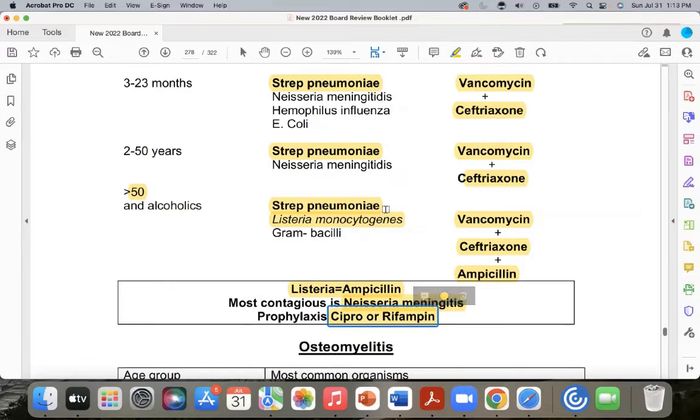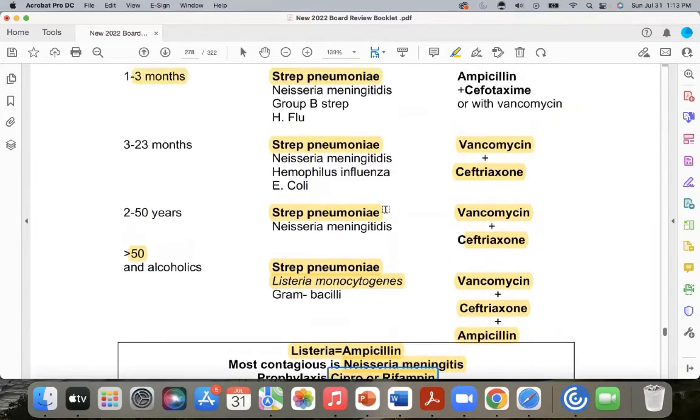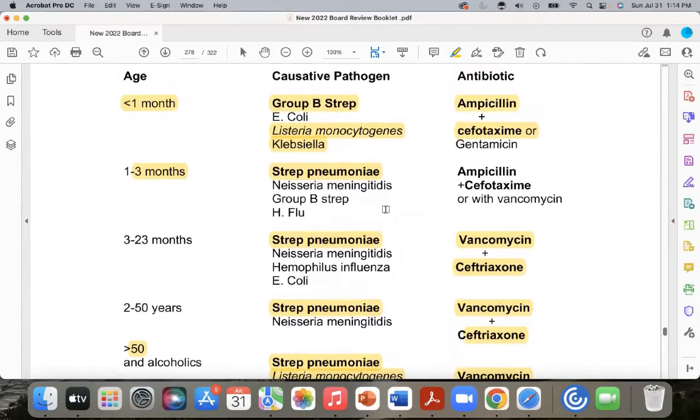So as a recap, just as a recap, got it? Recap. Most common cause, meningitis. What is it? Group B strep. Who's in the back seat? Listeria. What am I going to give for the group B strep? Sulfoxetine. That's a good drug, sure. But what are you going to give for Listeria? I'm giving AMP. After 3 months of age, like I said, this is getting deep in the weeds, so I can't see them going here because it's just too controversial. When you get here into 1 to 3 months, it's just too controversial. It really is. We can have this academic argument till the cows come home.